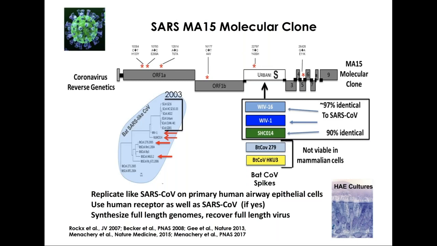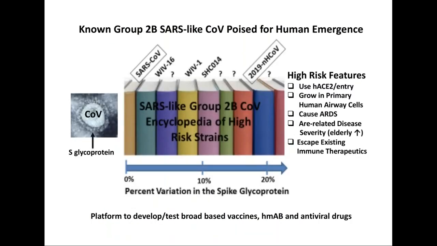Next slide. So the current knowledge about high and low risk SARS-like bat coronaviruses is sort of summarized in this encyclopedia of high-risk strains. The strains that had up to about 10% variation were known in bat populations. This was done by our group as well as Zhengli Shi at the Institute of Virology in Wuhan. Among these, SHCO14 was the most variable at about 10%. The 2019 human coronavirus strain is about 22% variation in the spike,